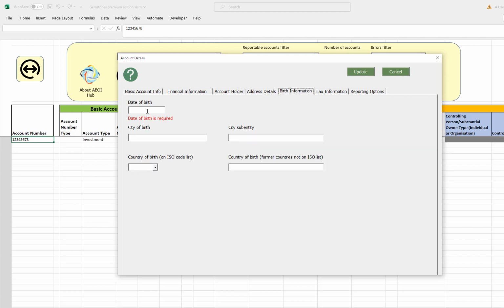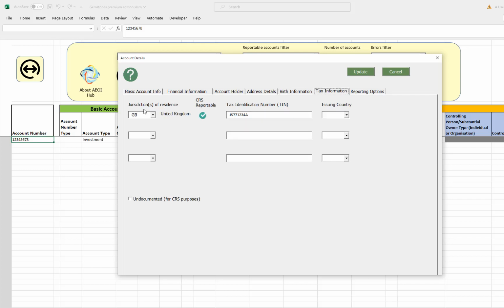Moving on to birth information, where you enter the date and, if it's relevant, the place of birth. Tax information, you can enter the jurisdiction of residence and the TIN. We've also got this visual indicator if the jurisdiction that you select is CRS reportable. For example, by contrast, if I enter a country that's not, then you don't have that tick. Similarly, if I enter US, you don't have that CRS tick because that data is going to go into FATCA